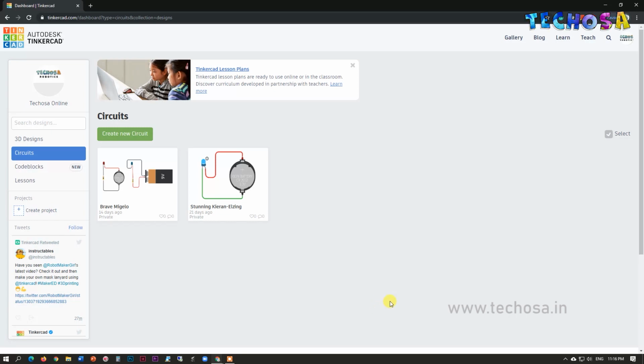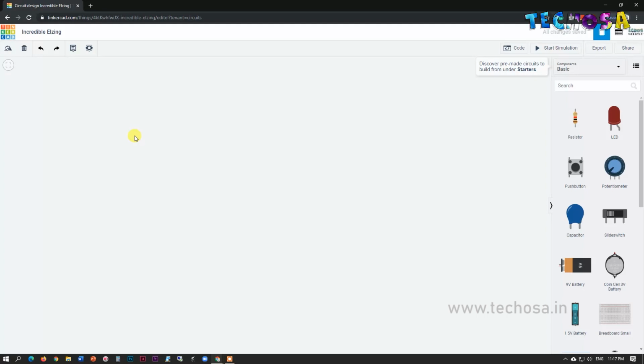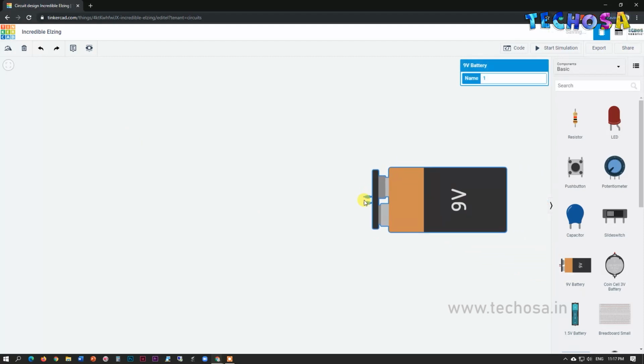For that, first of all, you need to click on this Create New Circuit button and you will be directed to the Circuit Interface of Tinkercad. I hope you all are familiar with batteries. We have three types of battery available here.